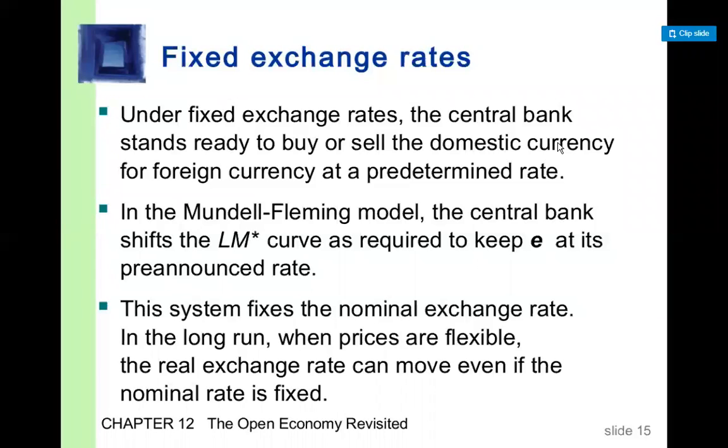But again, I will explain it. The nominal exchange rate shows how many units of foreign currency can be purchased